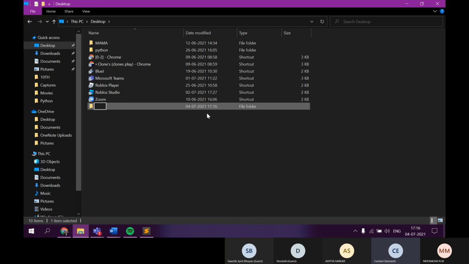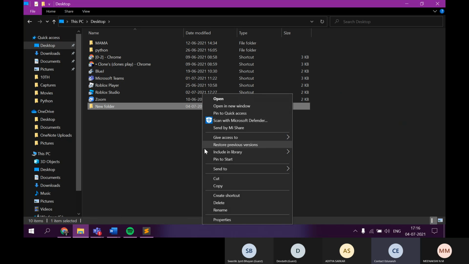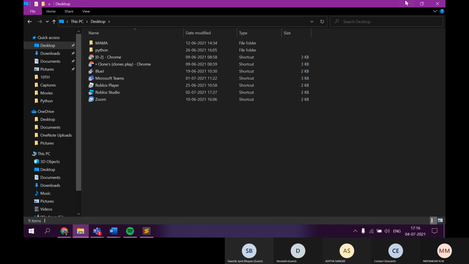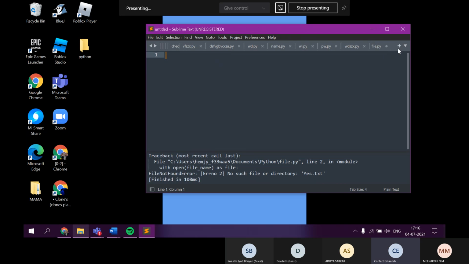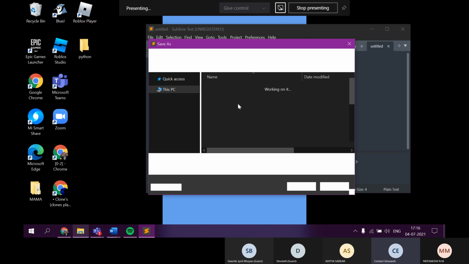That's a folder. You have to create a file. Go to Sublime Text, new file, new tab. Yeah, save as.